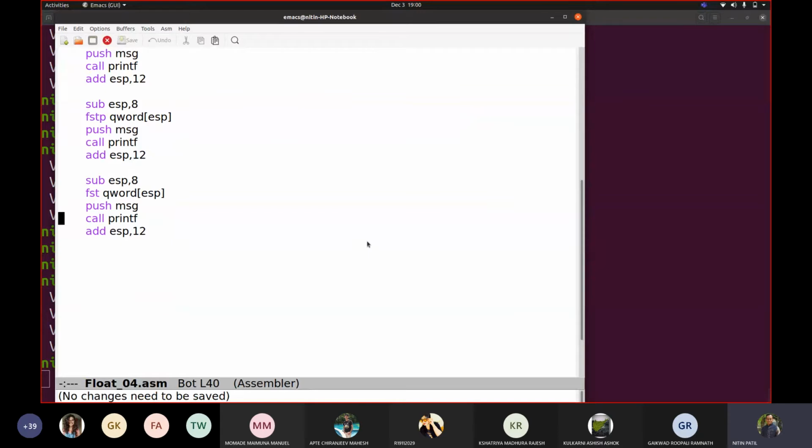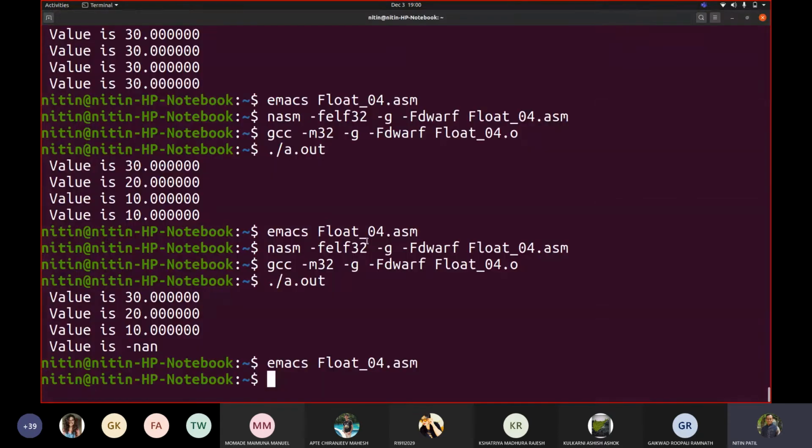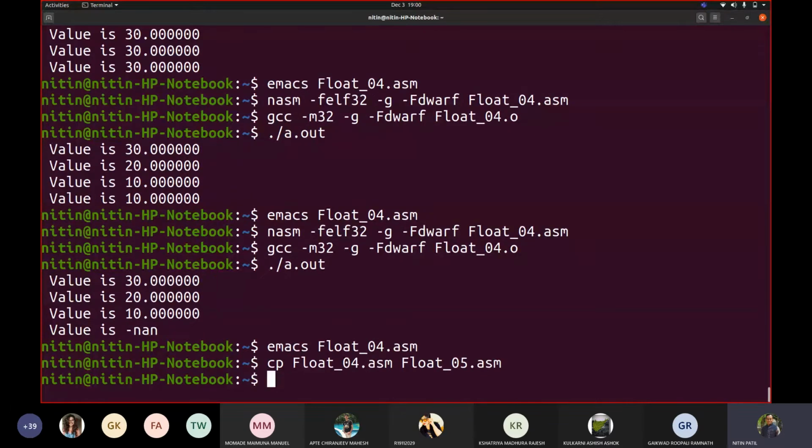I will go to the next. I assume everybody understood this. So cp float4.asm float5.asm. Now we will add one more instruction.